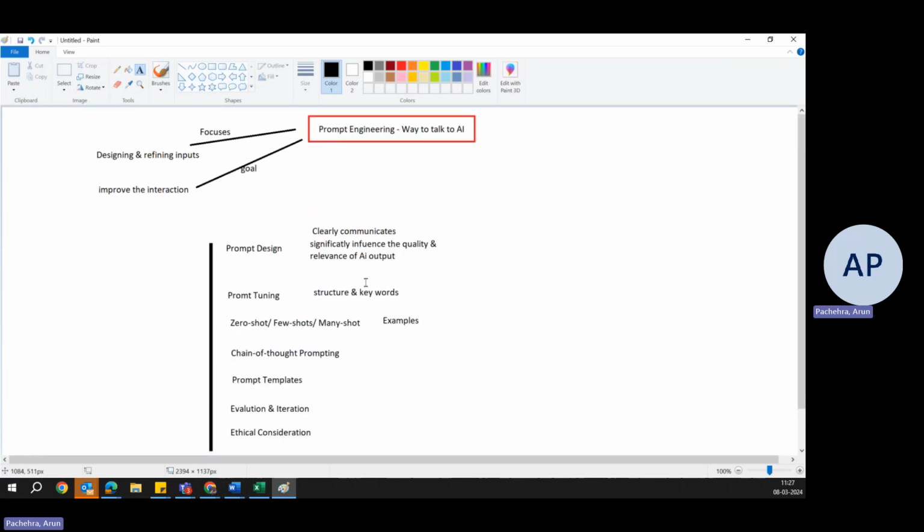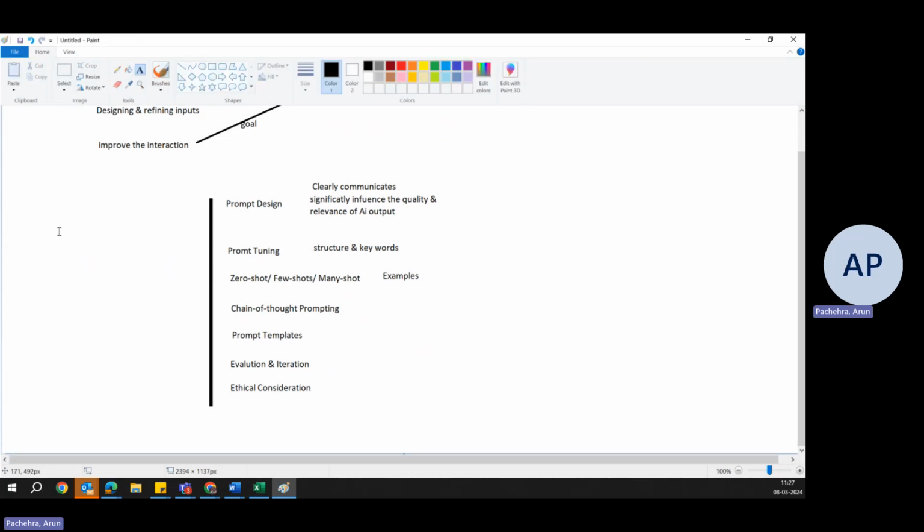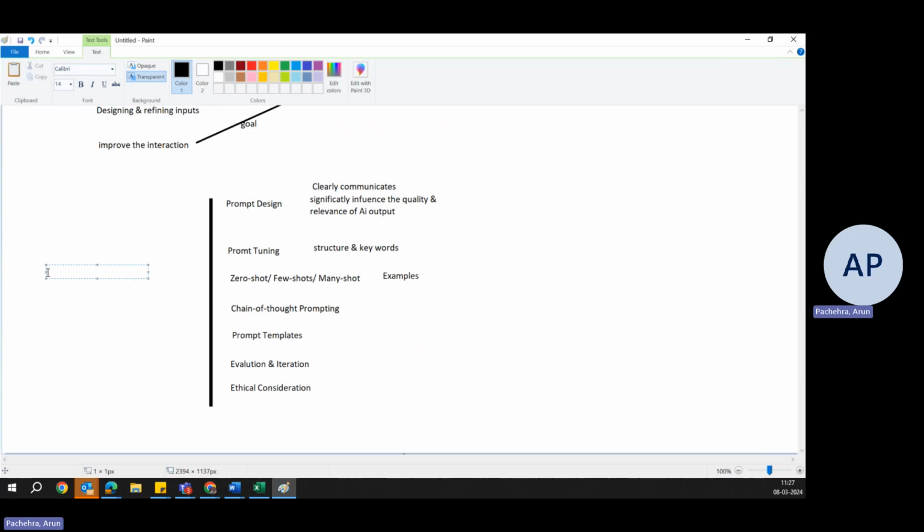Prompt engineering. Well, we could say prompt engineering is a multidisciplinary field requiring skills in linguistics, psychology, and computer science, or the domain specific knowledge that you're trying to explore to get the desired output. So it's a multidisciplinary